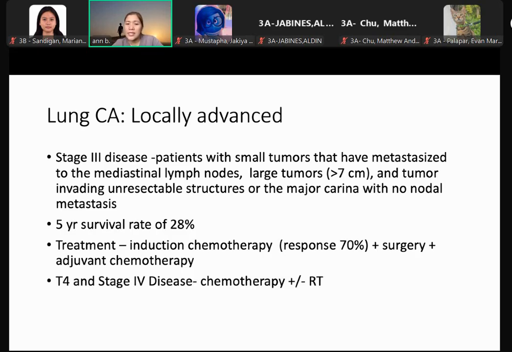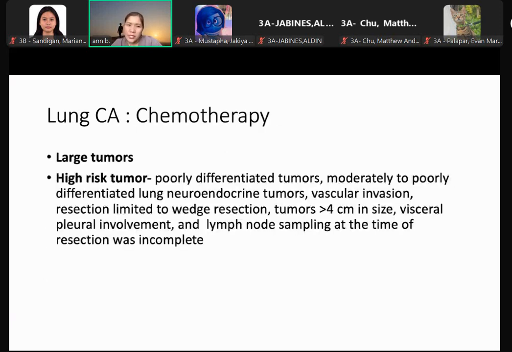With T4 and stage 4 disease, we cannot do so much for these kinds of patients, but chemotherapy with or without RT is recommended. Okay, important to know how to manage these kinds of patients. So, long answer, if we opt only for chemotherapy, these are the large tumors. But again, stage 4 is very